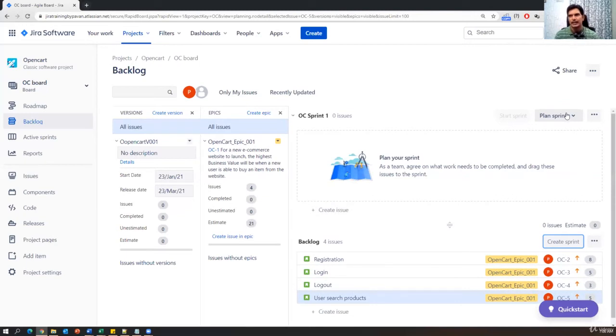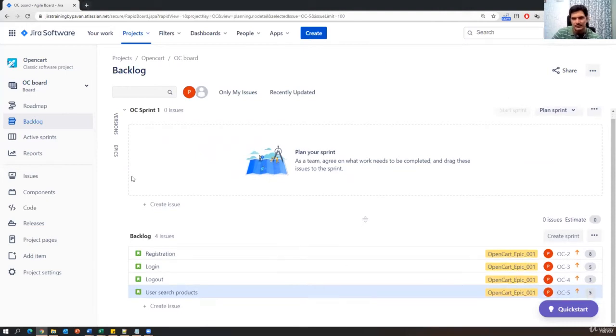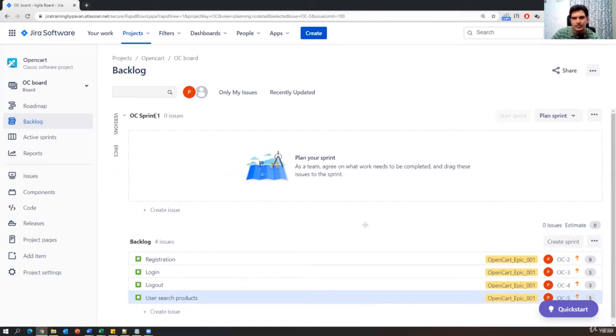Okay, so once you click on create a sprint, now observe this. I'm also closing this epic window and this versions window. As soon as I click on create a sprint, you will see a new screen, something like this. So this is OC sprint 1, which is created. Now it doesn't have any issues. Means what? This sprint is empty now. It doesn't have any stories planned for the sprint. As soon as I click on create sprint, you will see this OC sprint 1. It doesn't have any stories. Now what you have to do